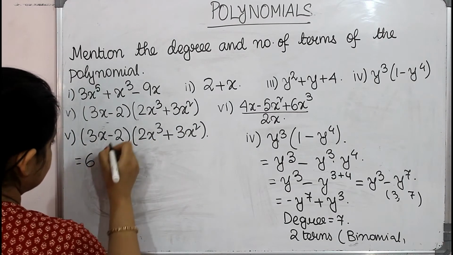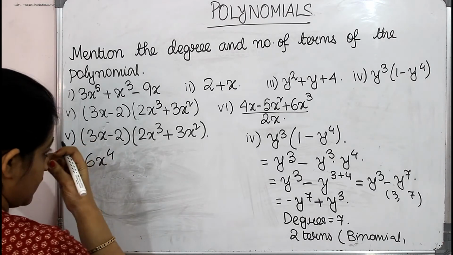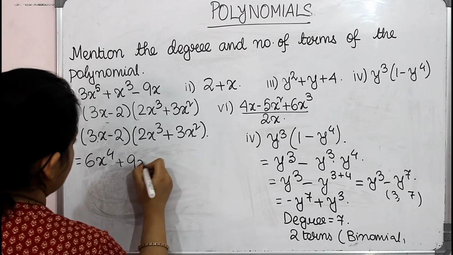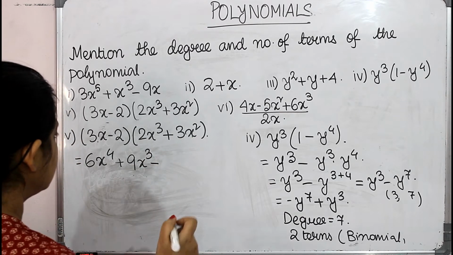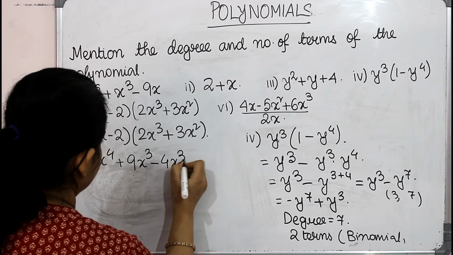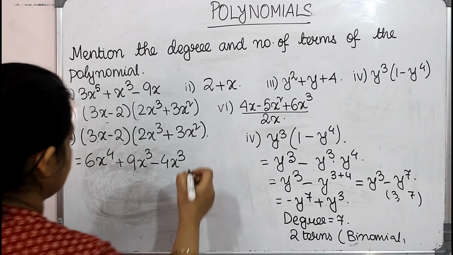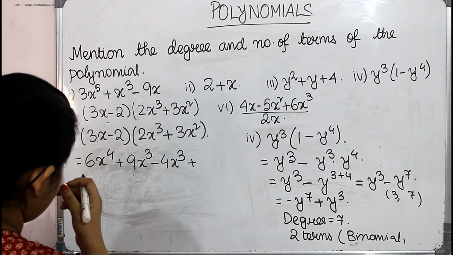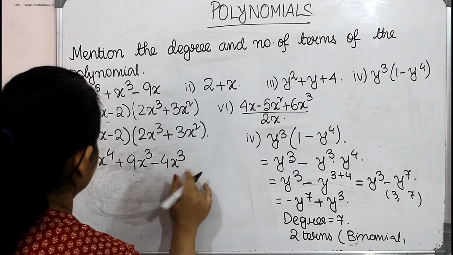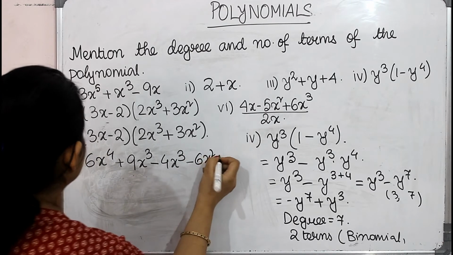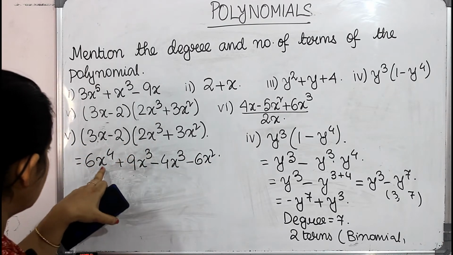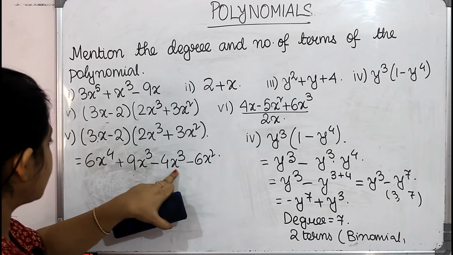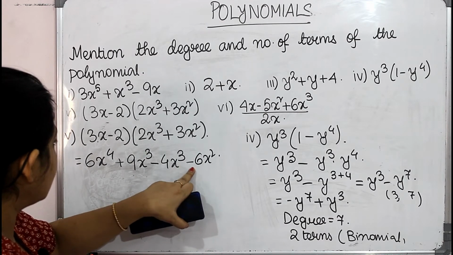So this will be 6x to the power of 4 plus 9, 3x into 3x square, 9x cube minus 4x cube plus minus 6x square. Isn't it? 3x into 2x cube, 6x to the power of 4 plus 9x cube minus 4x cube and minus